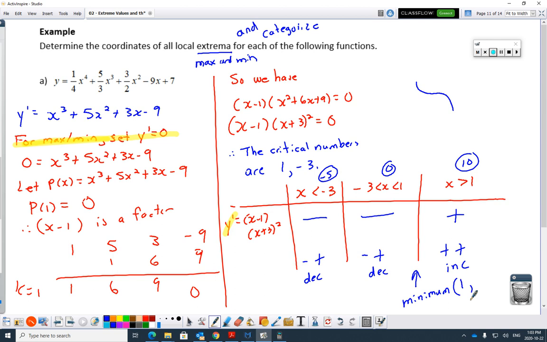at 1 comma, it said determine the coordinates. 1 comma, how do I get the y value to go with this? Yeah, just put 1 into this giant monstrosity and get the y value that goes with it. Only one sub to do here, so I won't use the fancy calculator steps. I'll just go in and go